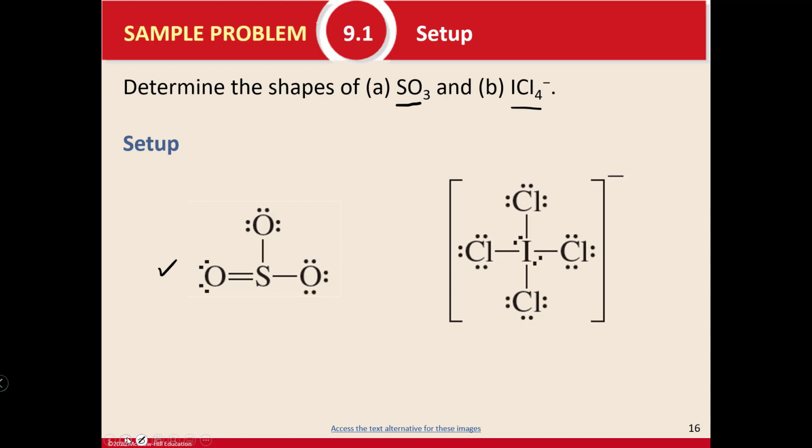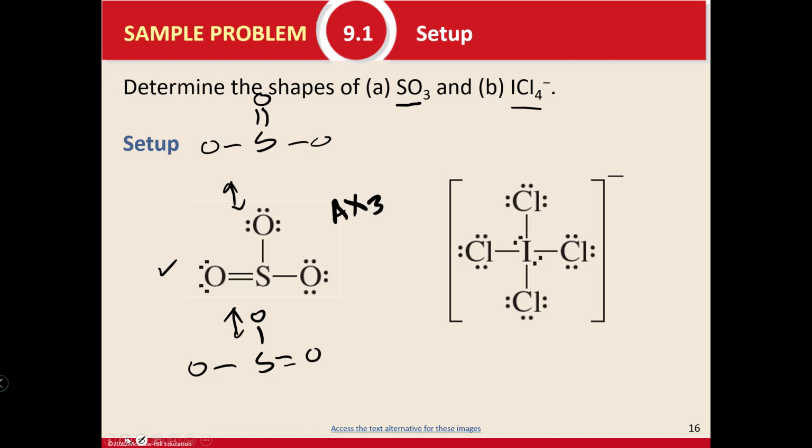So when we did this problem in class, we know that there's resonance. Resonance is where you can draw more than one correct Lewis structure. So the double bond could be on the central oxygen, or the double bond could be on the right-handed side oxygen. I'm not going to do the full Lewis structure. I just want to show that that's what you get, resonance. You do get resonance between these three structures. Now, here's what's cool. I don't care which one of these resonance structures you choose here. They're all